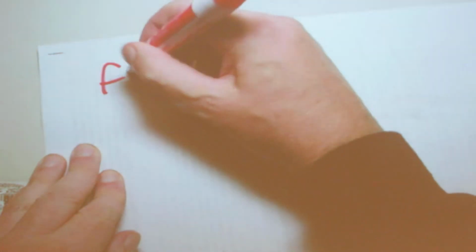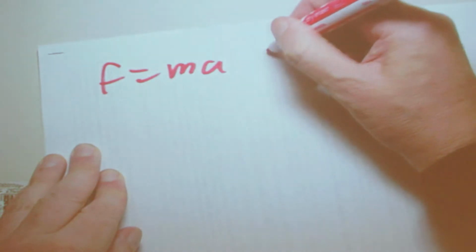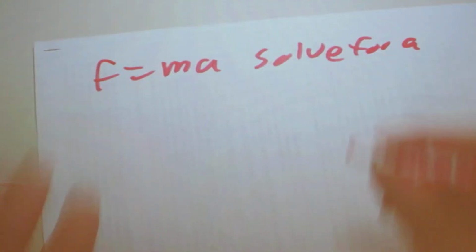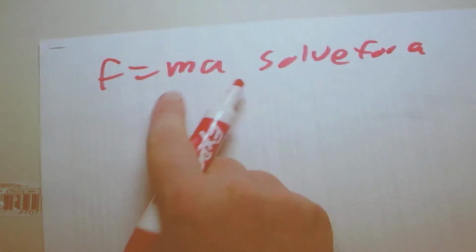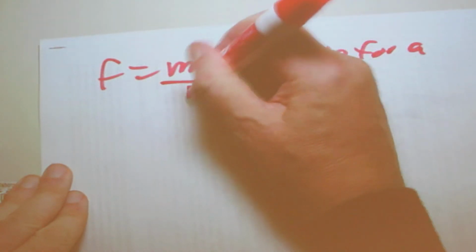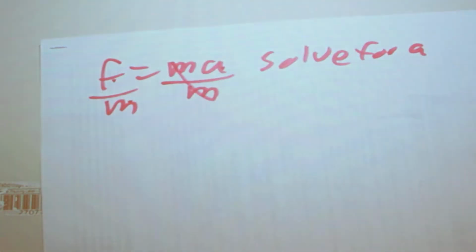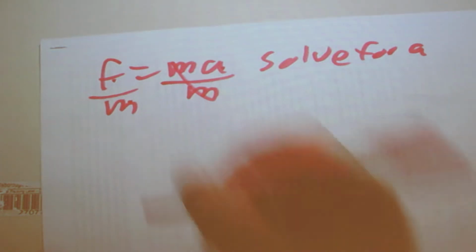Then we're going to get F equals ma, solve for a. When we do that, we want a by itself, so we're going to divide both sides by m. Those cancel. A equals F divided by m. And that's all it's asking me to do on that one. Next,